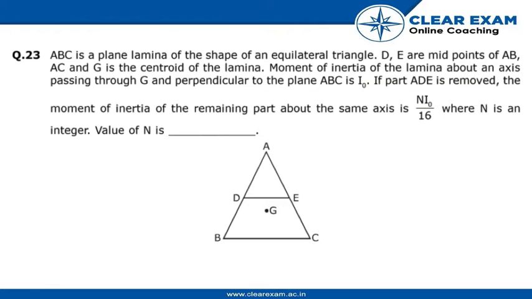ABC is a plane lamina in the shape of an equilateral triangle. D and E are the midpoints of AB and AC, and G is the centroid of the lamina. The moment of inertia of the lamina about an axis passing through G and perpendicular to the plane ABC is I0. If part ADE is removed, the moment of inertia of the remaining part about the same axis is given as